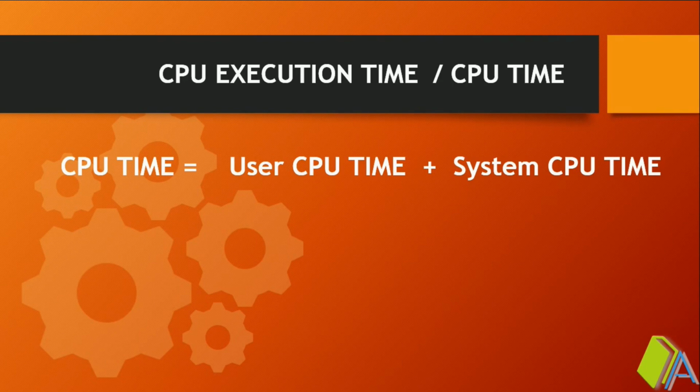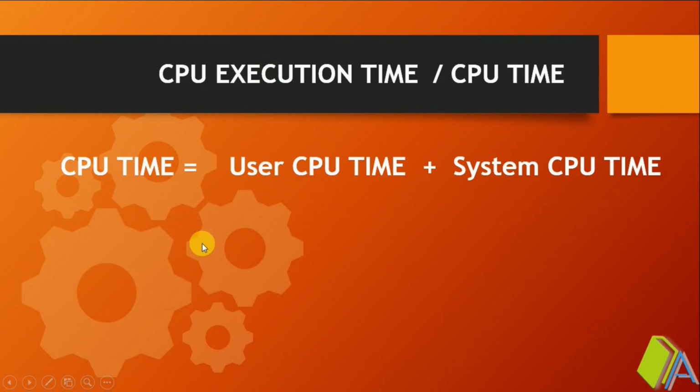So before that, the data to be processed has to be loaded to the registers. All are under the CPU time, and user CPU time is the time taken by the ALU to complete that task. So combinedly, the CPU time will contain the task completion time as well as the related access time of memory as well as input output activities. So this is the general expression of CPU time or execution time.